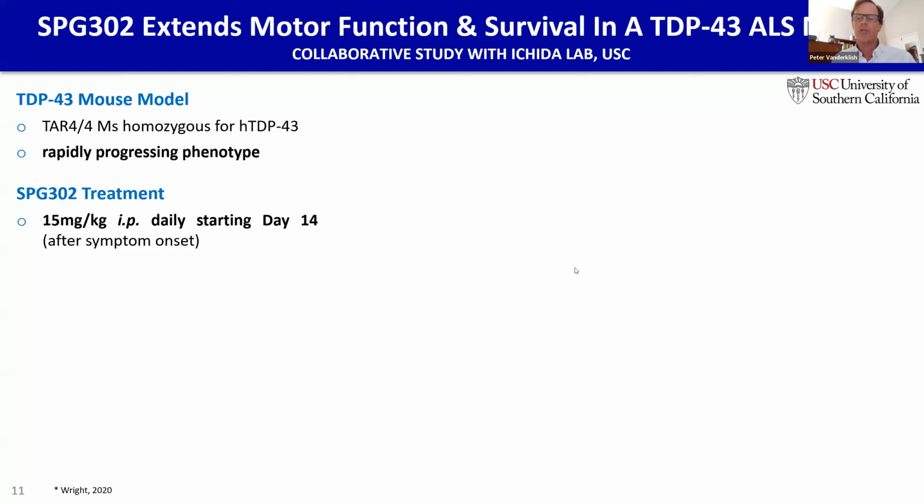We did this in collaboration with Justin Achita at USC. He was using the TAR44 mouse, a transgenic model that has human TDP43. Mice homozygous for this transgene have an extremely aggressive phenotype. They develop motor symptoms by day 14, and they progress to death within the 4th week postnatal. He started treating with our compound at 15 mg per kg on day 14 when symptoms had already started to